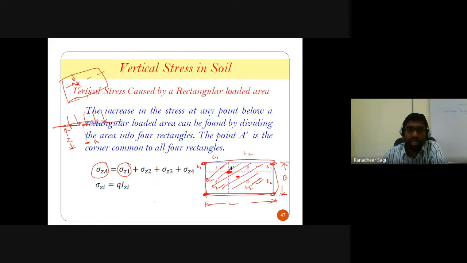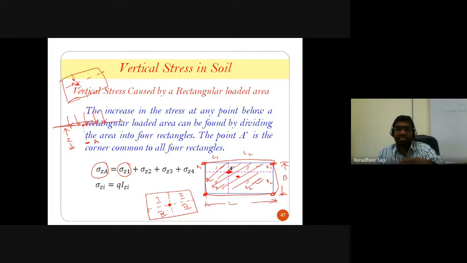So in such a case, what I can do, if this is my rectangular loaded area, at the center of this rectangular loaded area, if I want to calculate how much is the increment in stress in the vertical direction, this total area is divided into some n number of sections. It's up to you, but you have to ensure that each section should compulsorily have that particular point about which you want to calculate your vertical stress. So that point should be one of the corners of each of those rectangular portions. So this is section 1, section 2, section 3, section 4. All these sections will have the same dimensions.